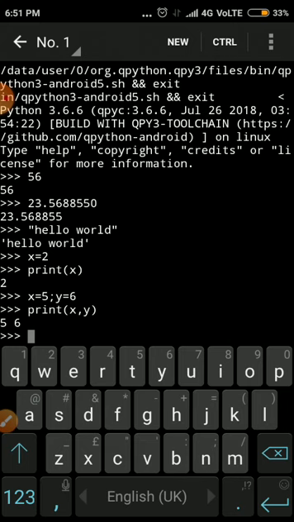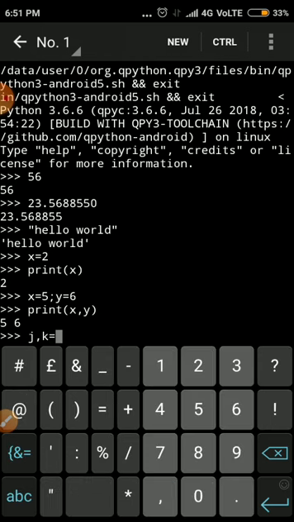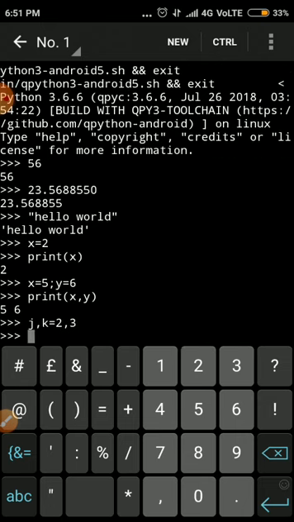Alternatively, we can insert values using the comma operator. Suppose it is a second way: j comma k equal to 2 comma 3. It's also okay.